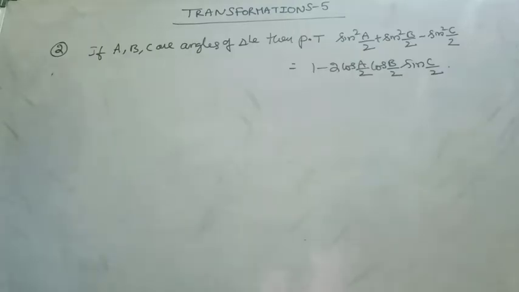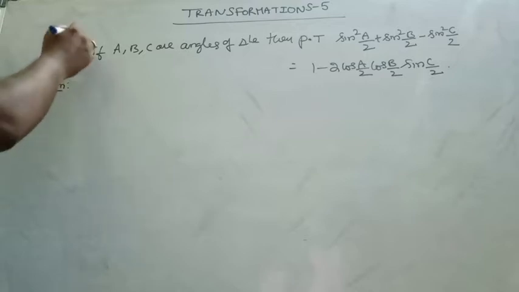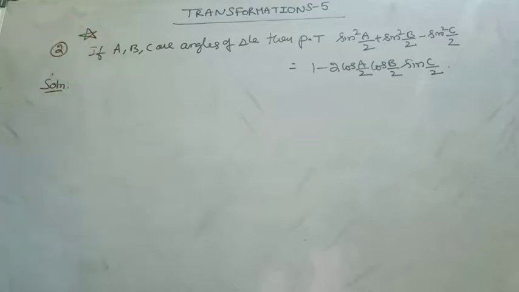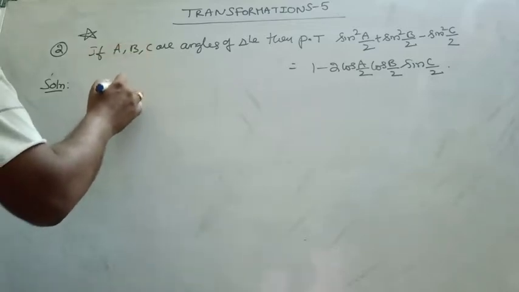See now my dear students, the second problem, an important problem, a star mark problem. If A, B, C are angles of a triangle, then prove that sin² A/2 + sin² B/2 − sin² C/2 = 1 − 2 cos A/2 cos B/2 sin C/2. You see, my dear students, we know that once A, B, C are angles of a triangle,